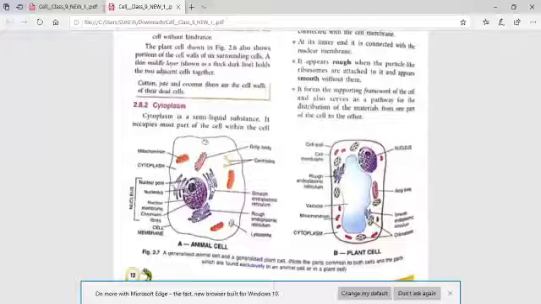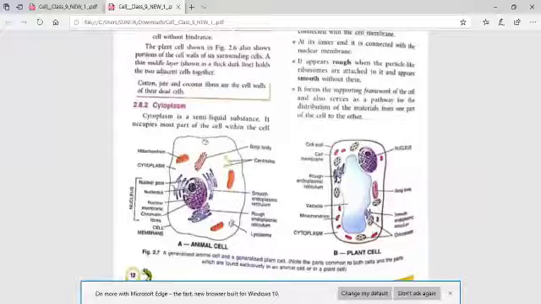Now what is the function of this ER? You can see in the diagram, there are two labels. One is the smooth endoplasmic reticulum, another one is the rough endoplasmic reticulum. Now smooth and rough endoplasmic reticulum mean what? If the endoplasmic reticulum is associated with ribosomes, it gives a rough appearance. Like in a string, if you put certain beads, it gives a rough appearance to a thread. That means if the endoplasmic reticulum is associated with ribosomes, we call it rough endoplasmic reticulum. If the endoplasmic reticulum is without ribosomes, we call it smooth endoplasmic reticulum.